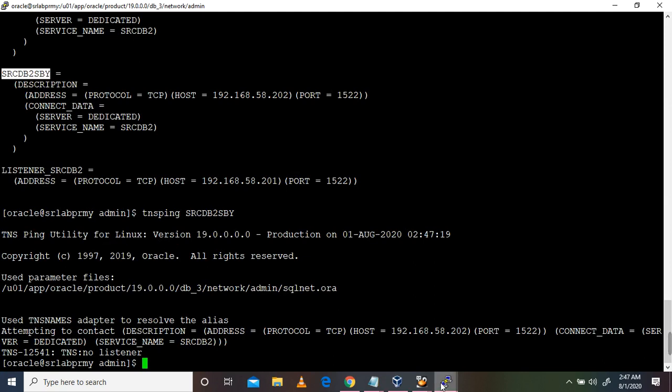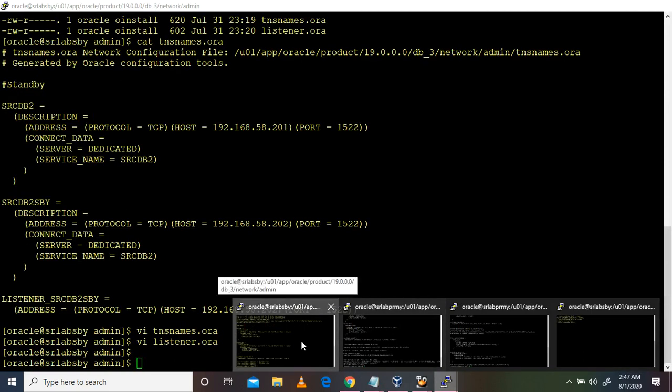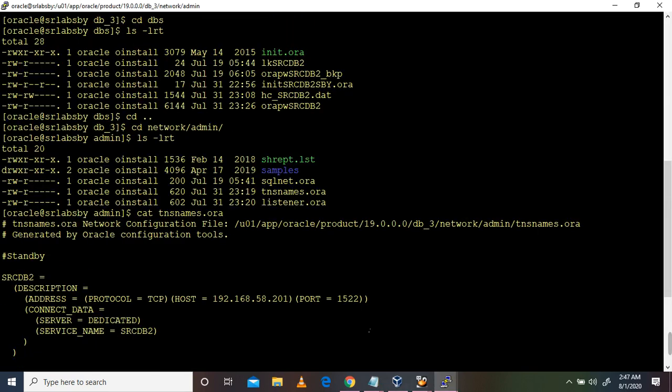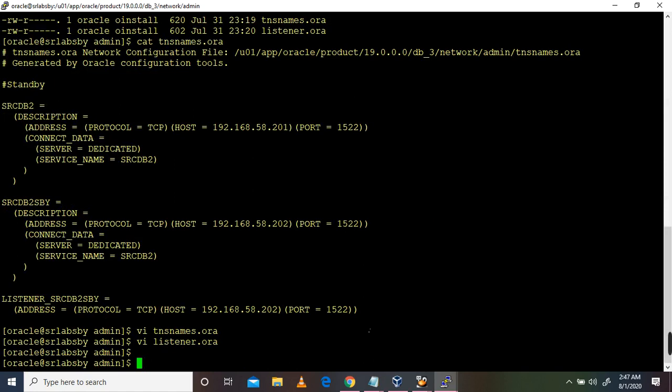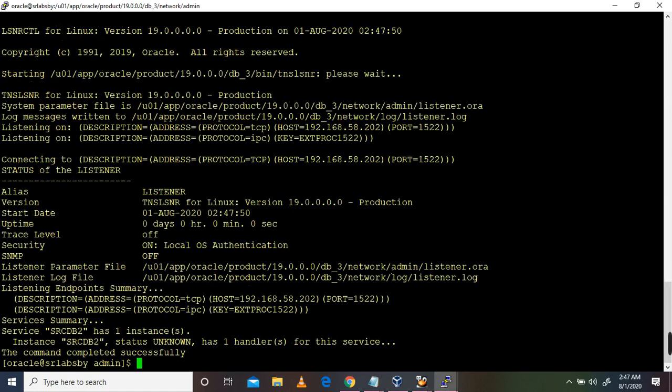Here, what is the error showing? The listener is not running on the standby side. Okay, let me start the listener. So I have started the listener on the standby side.